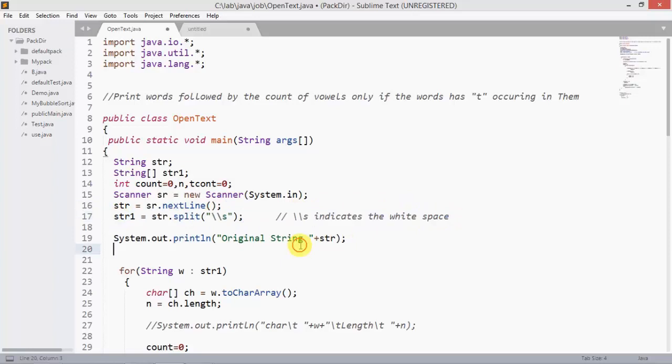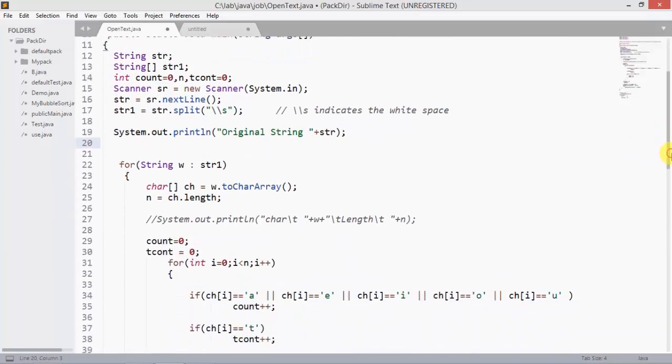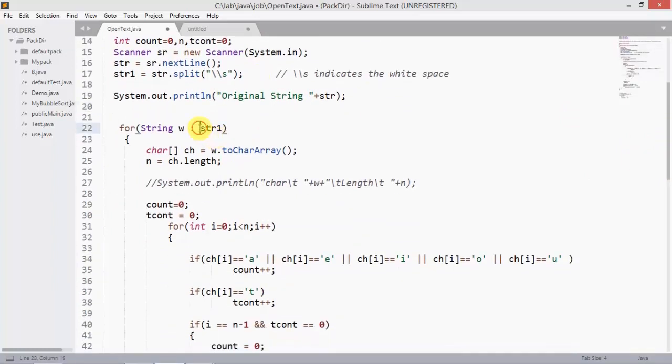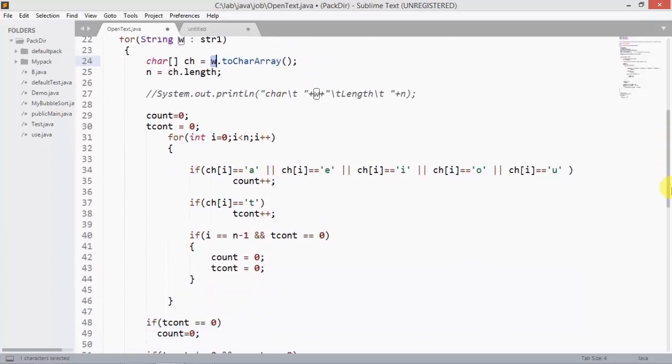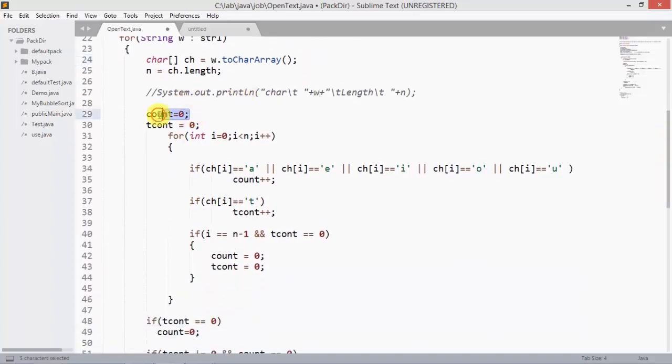So I am taking a for loop for each word in str1, which can be assumed as an array. I take each word and convert it into an array of characters. I measure its length, and the length will be stored in n. Count is a variable for counting vowels, and t count